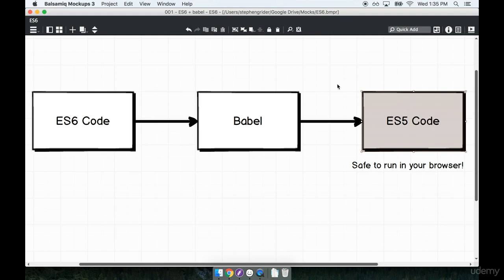Now this is the one thing I think is personally very interesting about ES6 code that we write. Right now, today, if I want to make use of some ES6 feature, I'm going to use Babel to transpile it into ES5, and then, okay, everybody's happy, right? Well, what happens in 5 years' time when we can finally make the assumption that everyone has a browser that is capable of running ES6? At that point in time, we might say to ourselves, oh, well, we don't need Babel anymore. We don't need to transpile our code. But I'm gonna bet you something here. As the years go by and we start getting newer and newer versions of JavaScript, like ES 2016, 2017, 2018,